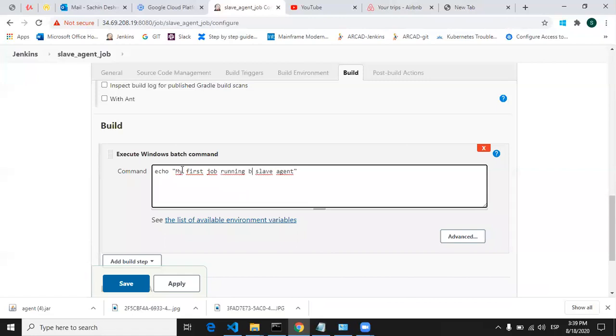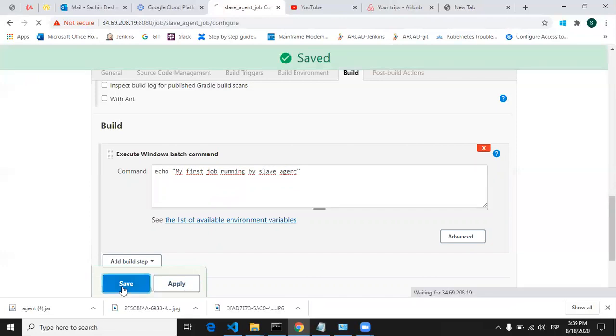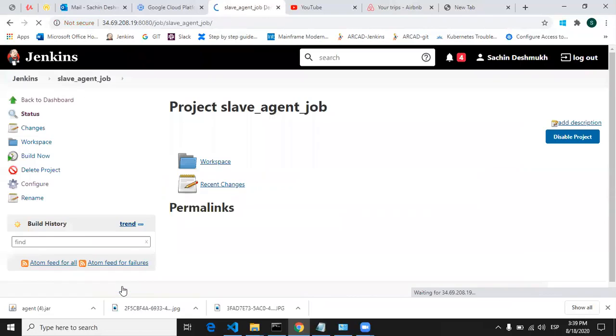Running by slave agent. Okay, now we have to apply. Click on save and just click on build now.